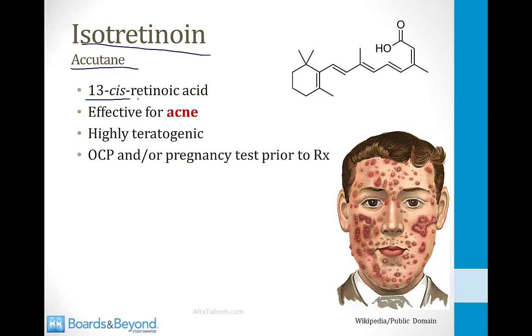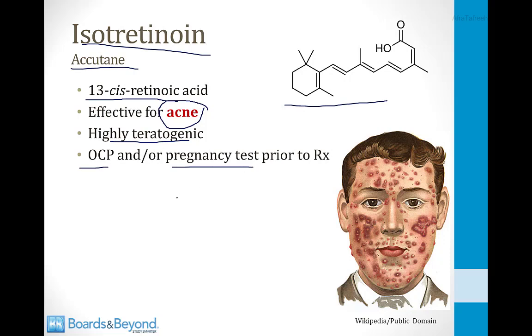The structure is called 13-cis retinoic acid. This is a picture of its structure on the screen here. You can see that it's very similar to some of the other retinoids we've been discussing, and it's very effective for the treatment of acne. The problem is it's highly teratogenic, so women who are taking this, who are of childbearing age, usually need to be placed on oral contraceptive pills so they don't have an accidental pregnancy, and often they are also pregnancy tested